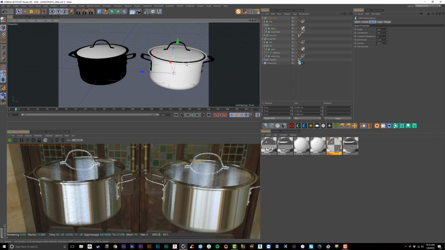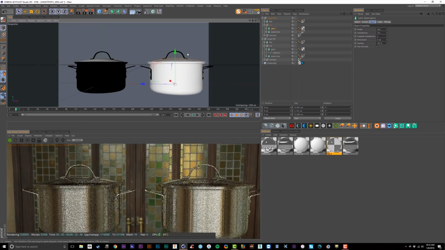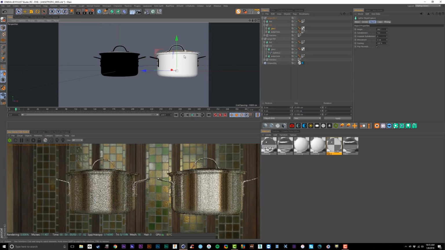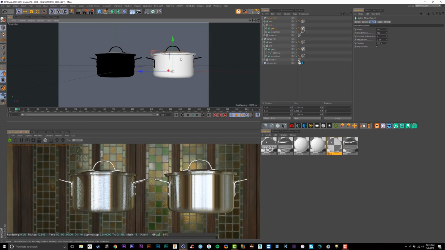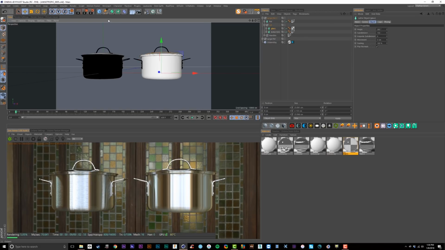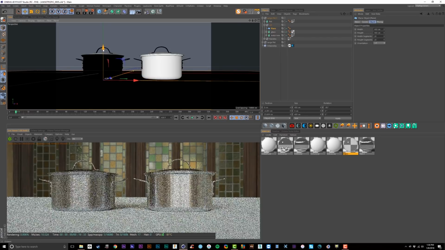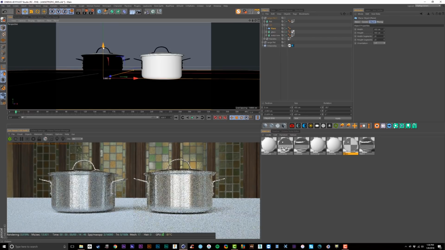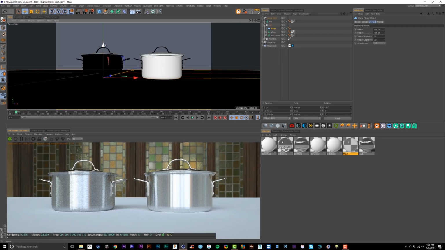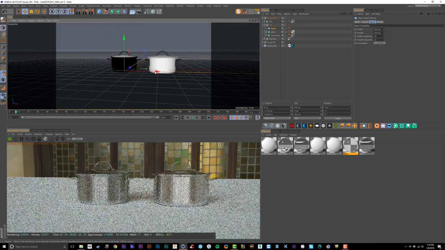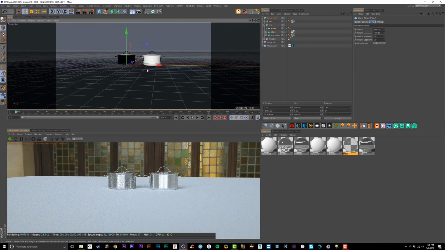Alright, so I've popped these lids back into place. They're looking a lot more normal now. Let's go and make the floor and turn this into a render with overly dramatic pots. First, let's create a plane and just drop this down so that it's no longer intersecting. So something like that. And let's try to make this studio setup where it kind of feels like an infinite